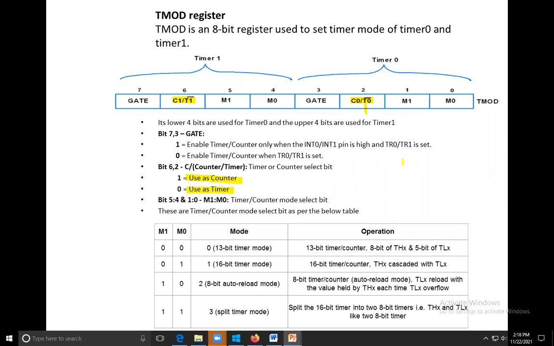Suppose you have to generate a square wave of 2 kilohertz. Then you have to set the timer, meaning you have to set the delay for the on and off of the wave, because a square wave is like this. So you have to set the delay for the high and low of this square wave. But counting means you have to count from